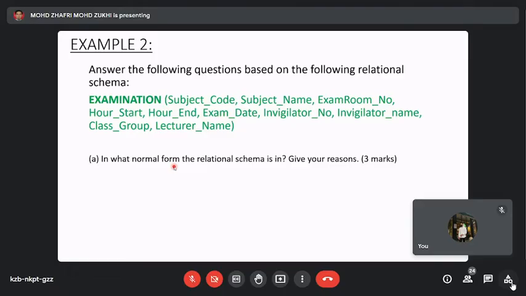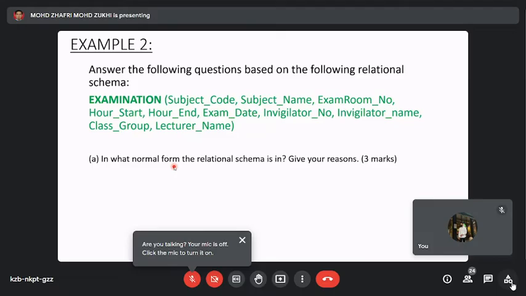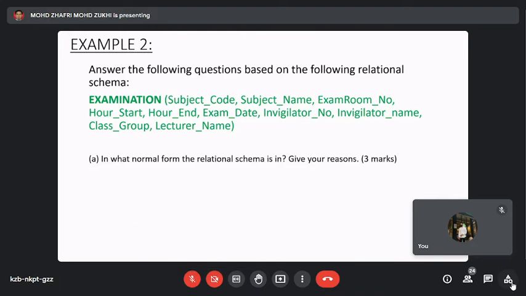Okay, so how to answer the first question? A. In what normal form the relation schema is in? Give your reason. Anyone want to answer? Apakah struktur ataupun bentuk relational schema ni? Is it normalized yet or not? Anyone? Normalized yet or not? If you take a look at the attribute within the